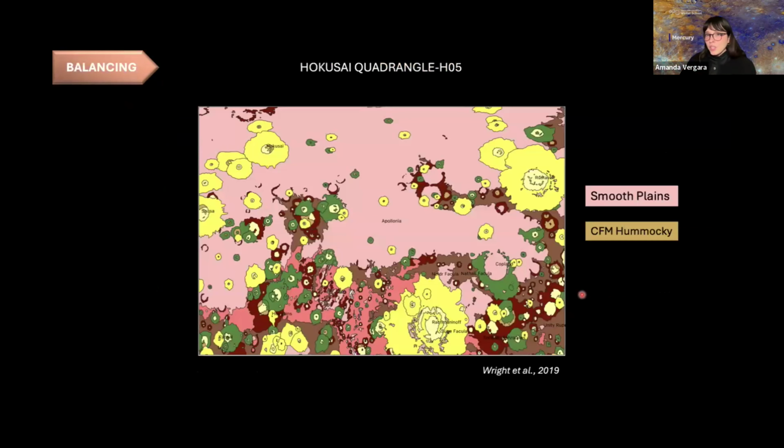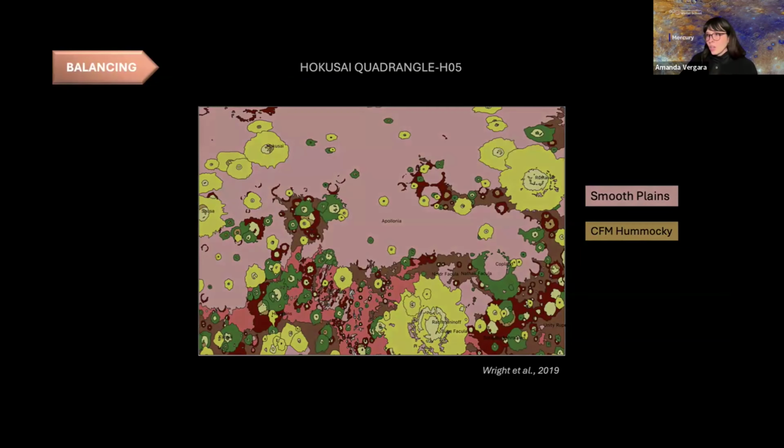This is the balancing process. As you can see here, the smooth plains occupies almost 50% of the pixels in this image, while the crater floor materials hummocky occupies just a few pixels. So if I do the fitting on this information, because I know in this case the ground truth, my model will be super efficient in recognizing the smooth plains, but it will not be that efficient on recognizing